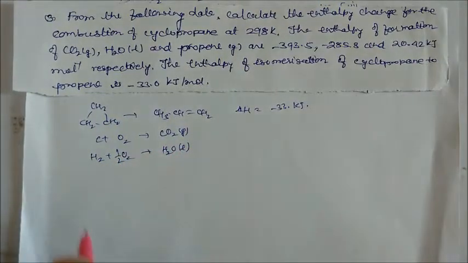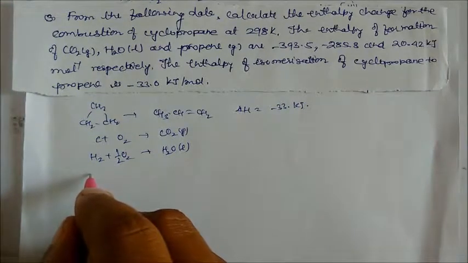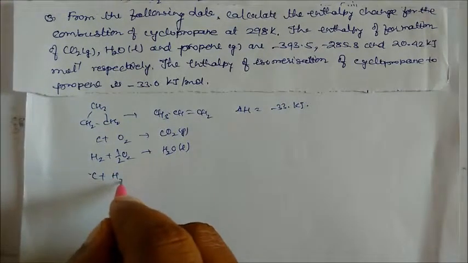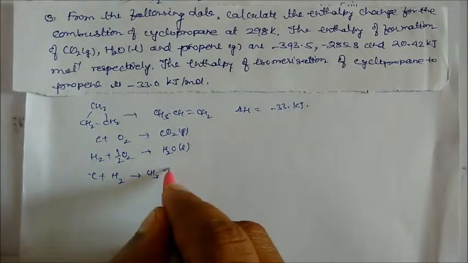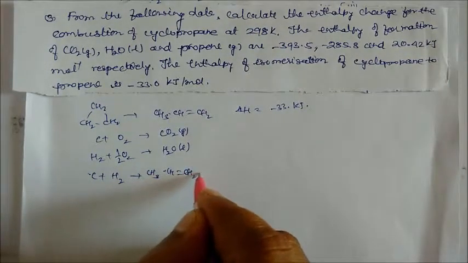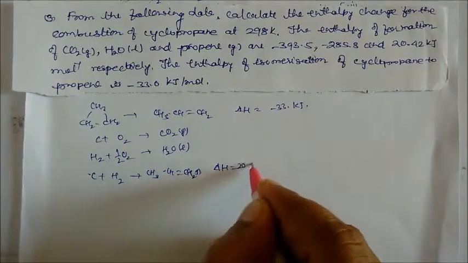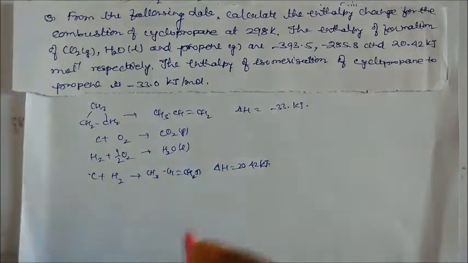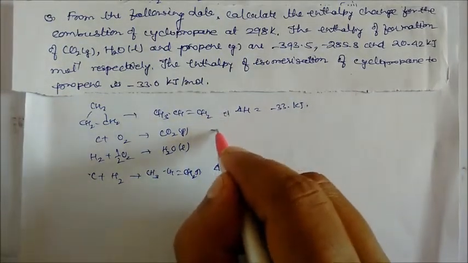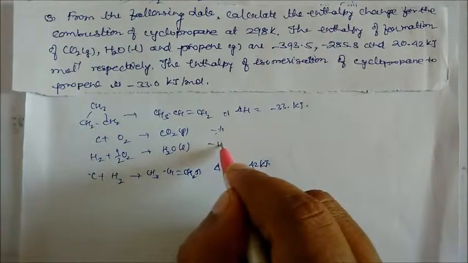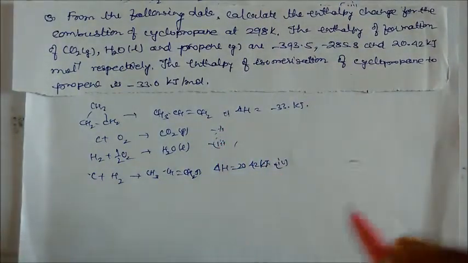This is the heat of formation. And again third is given here, carbon plus hydrogen on reacting gives propene, CH3-CH=CH2. So again here the heat is given, that is 20.42 kilojoule. Okay, so the equations are almost like this. This is equation number 1, this is equation number 2, this is equation number 3, and this is equation number 4. So our target is